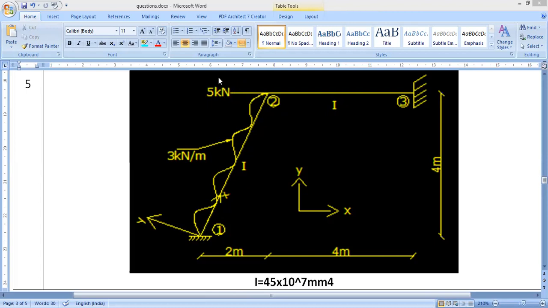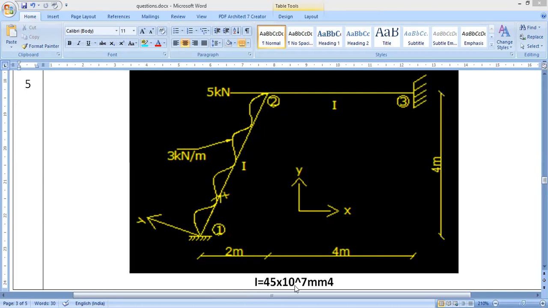And the remaining 5 kilonewton, it is the same. It is along the global x-axis. This is global x-axis because the member is horizontal. If you take the local x-axis along the member, then the local x-axis and the global x-axis coincide. Therefore, you can give the value of 5 kilonewton either along local x-axis or global x-axis. Anyway, you can give it because it will give the horizontal load only, right? And that too, it will be positive.